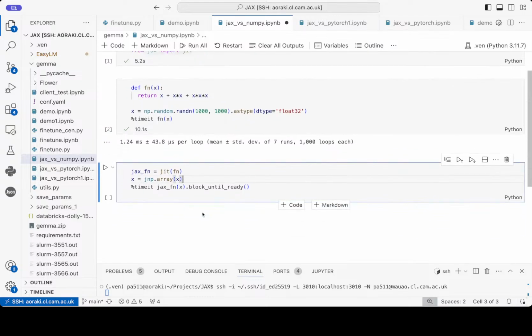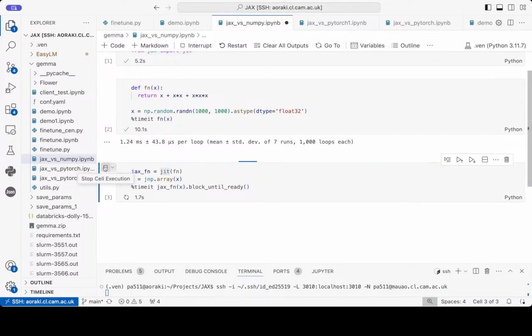Great. How do you think JAX is going to perform here? Any ideas? I argue that JAX is going to destroy NumPy completely, primarily because of the JIT. So let's run it. As it runs, JAX is examining what kind of calls the CPU is doing, and it's optimizing for those and compiling down. And here you can see we have 79 microseconds on average. So that's a lot quicker. So JAX versus NumPy, there's no contest. Use JAX.